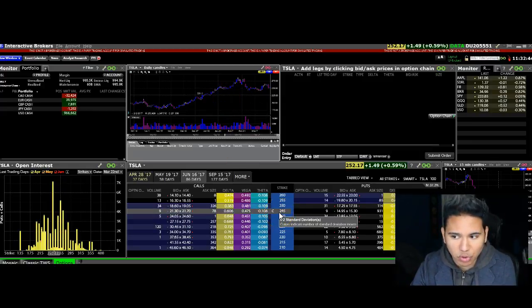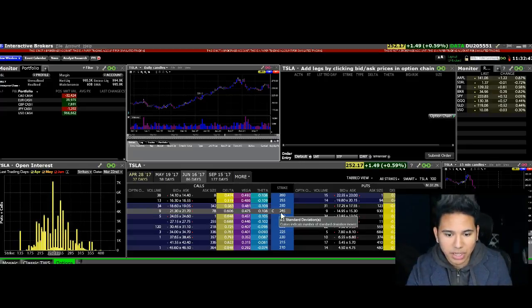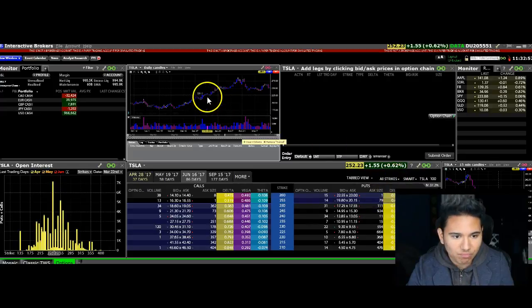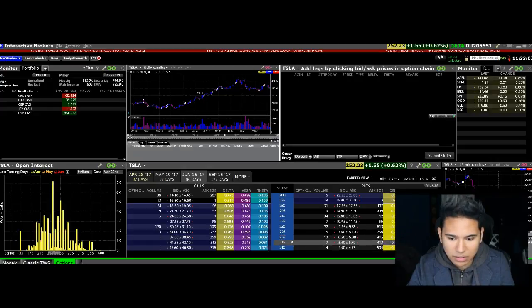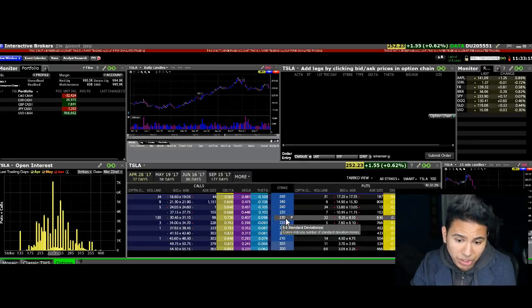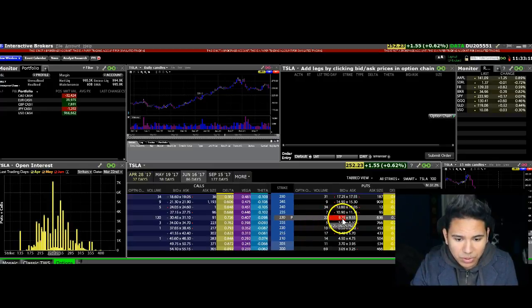So, when you sell a put, your risk is fairly large. For example, let's go here to 229. So let's say that I want to buy Tesla at 229 if price ever came to that. So then I might want to sell a put at, let's see here, something below 229. So I guess I could do 230. So then I would sell